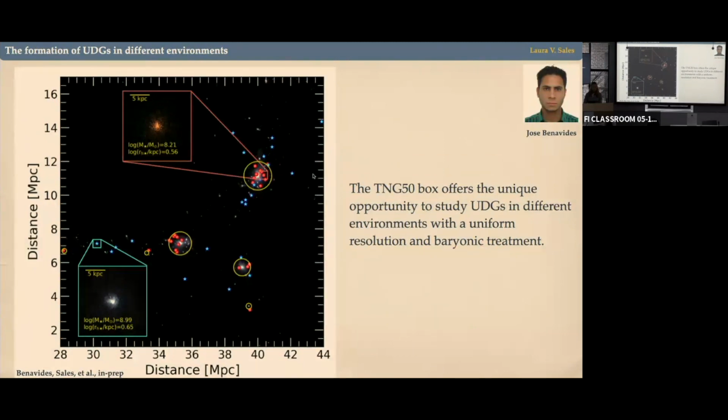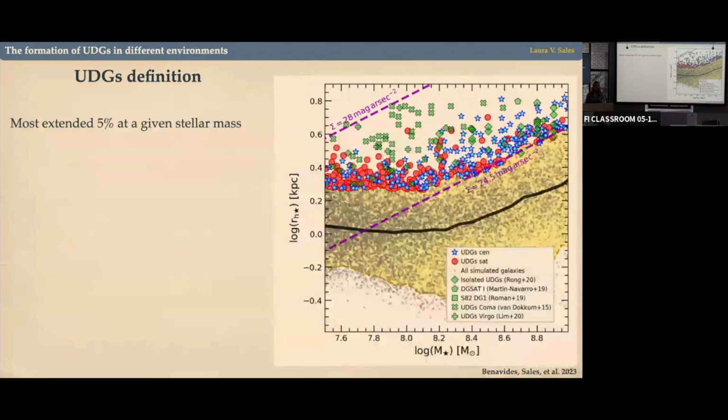And so we find several of these objects. And as you can see, highlighted in red, they are satellites, and they will tend to be red and quenched, as the observed ones in Coma or in Virgo. But also we find a population of these objects in the field that will be star forming and gas rich. One of the things that make this job perhaps interesting, in my view, is a very well-defined